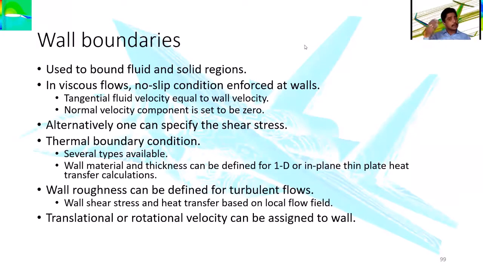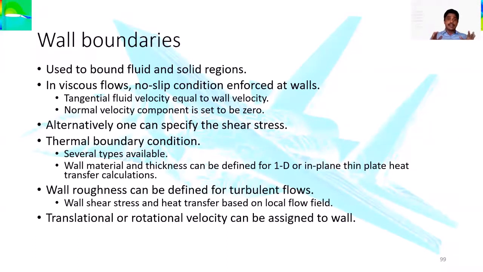And whatever wall boundary condition is being applied, there may be additional roughness on the surface. Due to the additional roughness, the shear stress may vary in that case. So the shear stress is tau equal to mu into du by dy, or tau equal to lambda plus 2 mu into du by dy in the x direction, right? So those values are already available. You just need to define the value of the shear stress. Theoretically you examine it and apply that value in tau. Automatically it will assume the coefficient of viscosity and the second viscosity coefficient for the fluid, so that will be taken into the CFD analysis. It will adopt it accordingly.